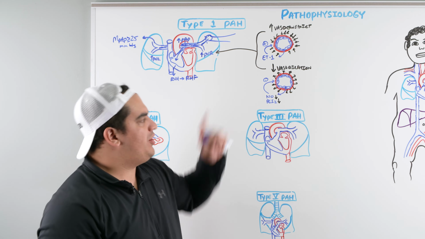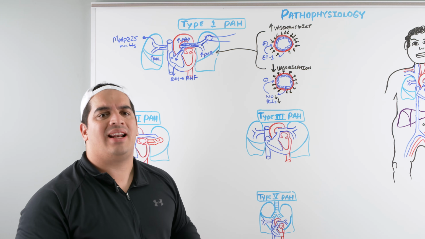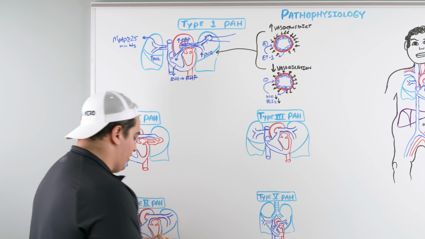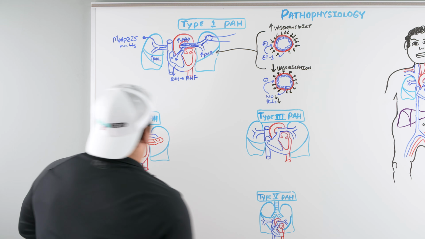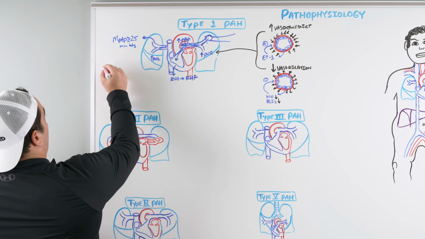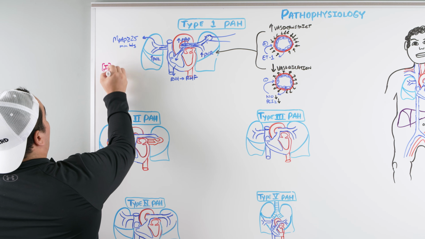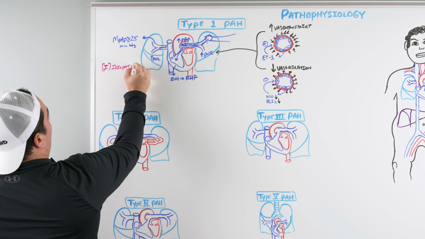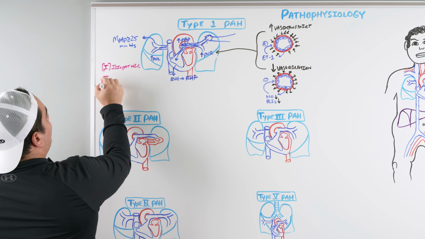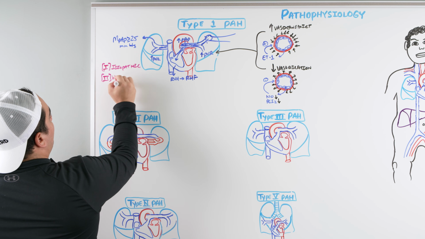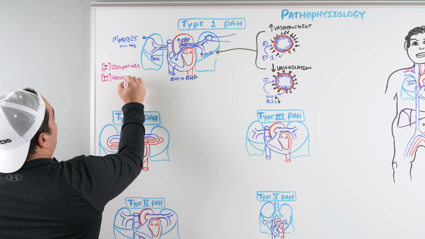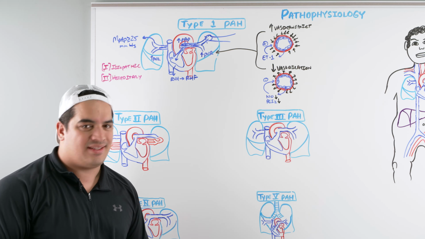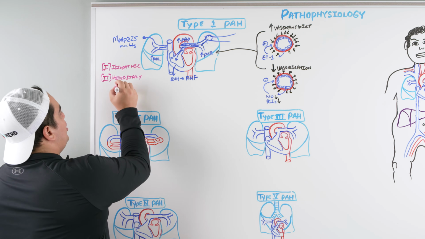Now, the question that you might be asking is, what kind of things actually cause this? That is a great question, and here's what I want you to understand. One of the big things that I really want you to understand as a potential cause here is that it may be idiopathic, but we have to understand that this is a diagnosis of exclusion. The second thing I want you to remember here is it could be hereditary. So this could be hereditary where there is a particular gene, and for some reason they like to ask this sometimes in the exams, which the gene is the